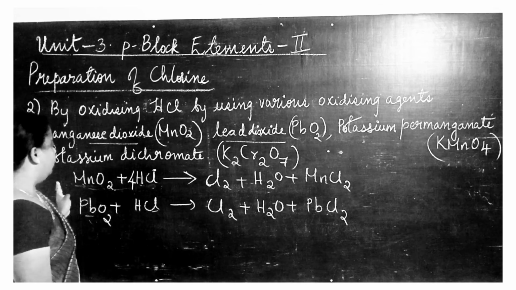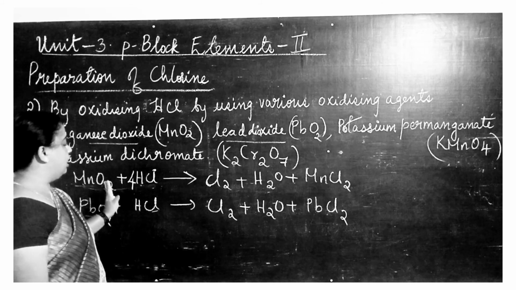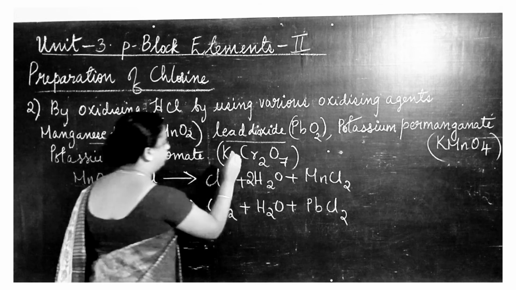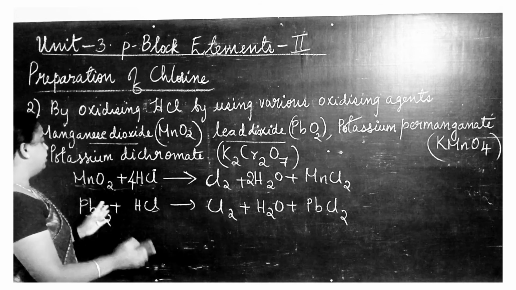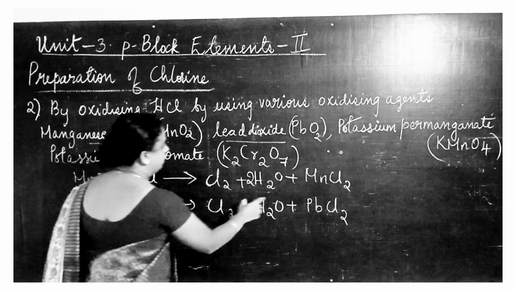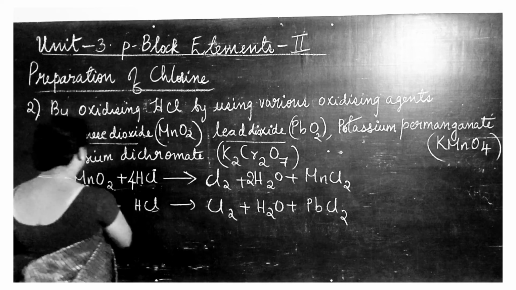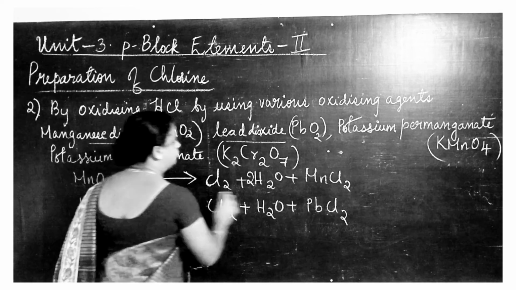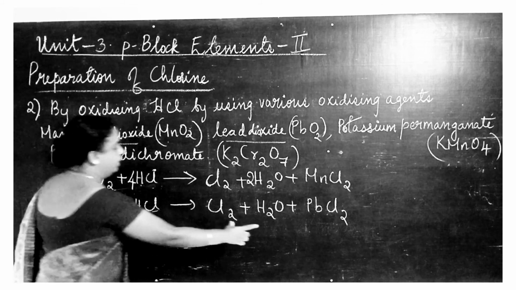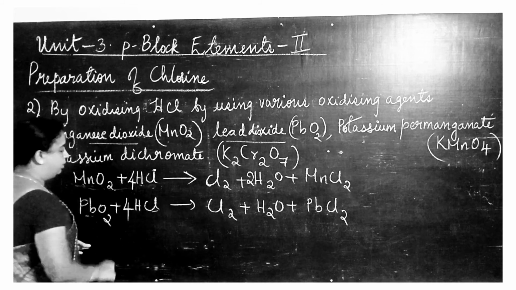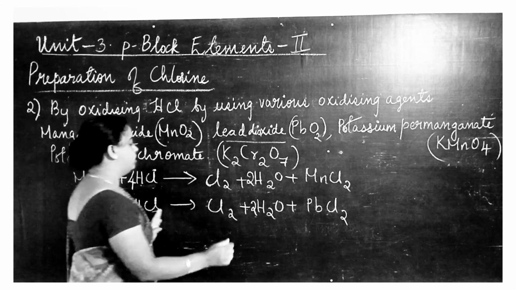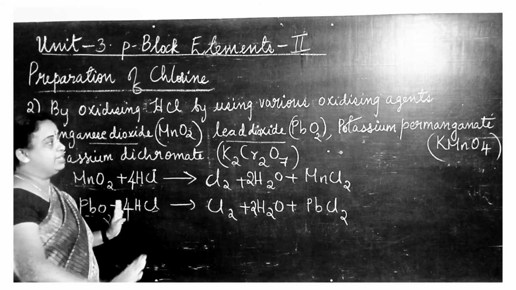Okay, now 4 hydrogen on the left hand side, whereas on the right hand side only 2 hydrogen. So I just put here 2. Okay, now hydrogen is also balanced. Now oxygen on the left hand side 2 oxygen atoms, right hand side also 2 oxygen atoms. Left hand side 1 manganese, right hand side also 1 manganese. So that is balanced. So likewise here also 4 chlorine atoms on the right hand side. So I just put here 4. Now 4 hydrogen on the right hand side, I will just put here 2. Now 4 hydrogen, that is also balanced. Now all other elements are balanced.